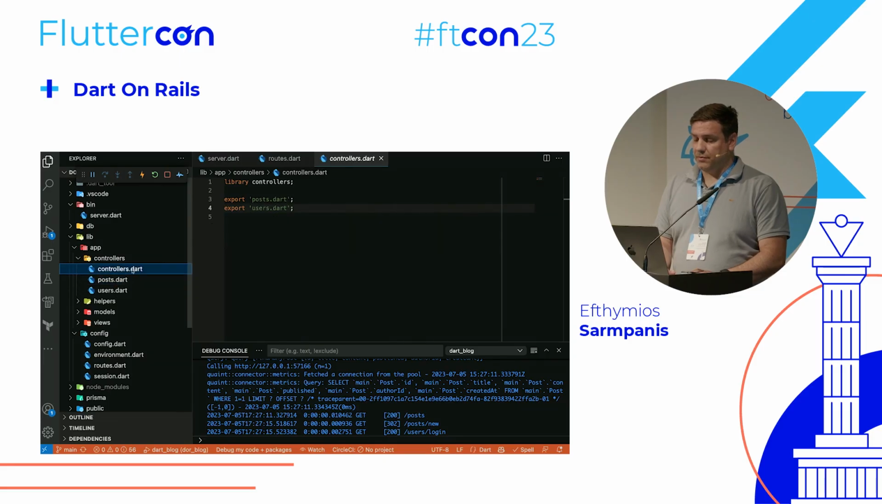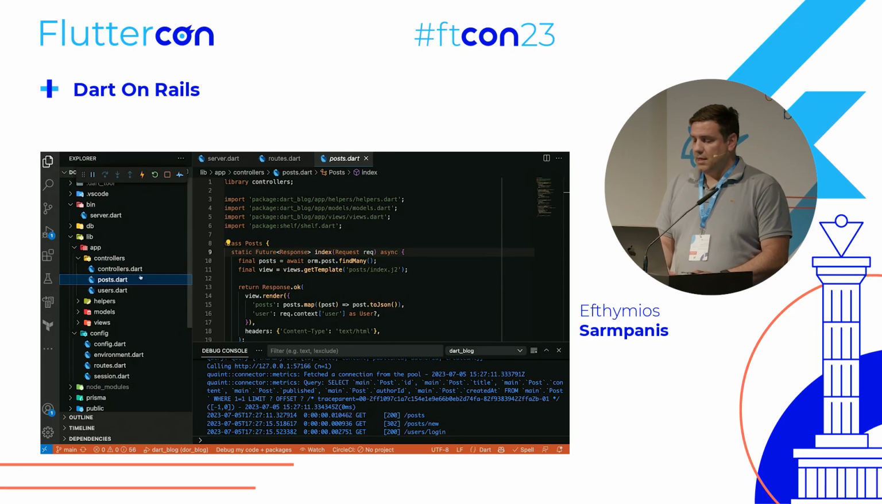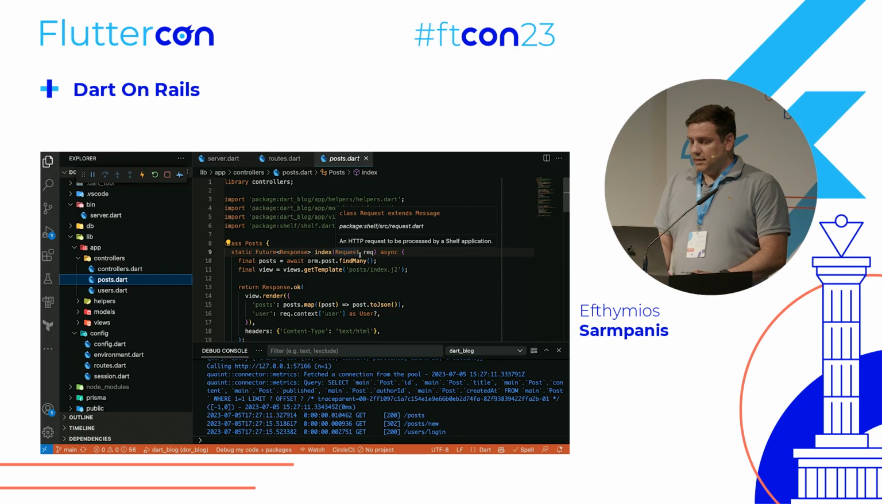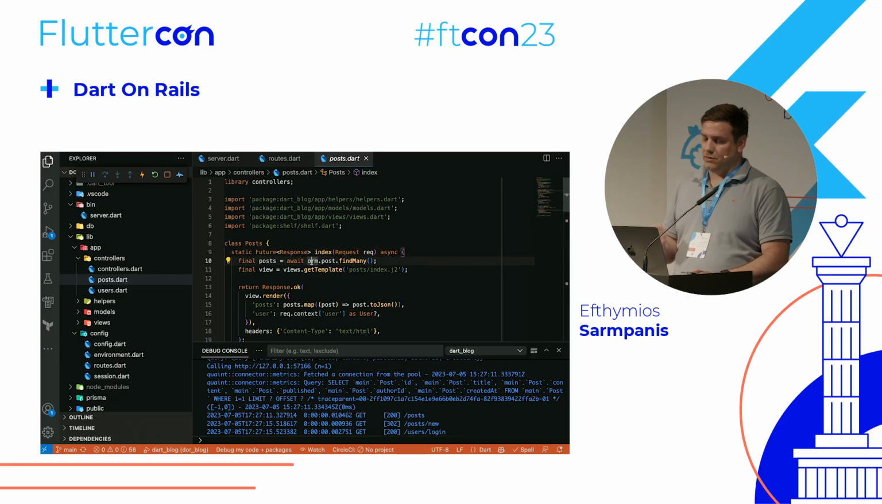Here is just a rollup file. So we have the library controller, and it exposes all the controllers here. So you don't have to import everything. You can import just controllers. And here in the index, we get the requests, and we return a response. So far, everything good. But here we have this strange ORM. So what this ORM is,